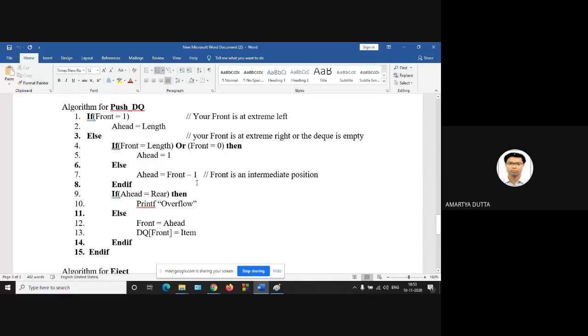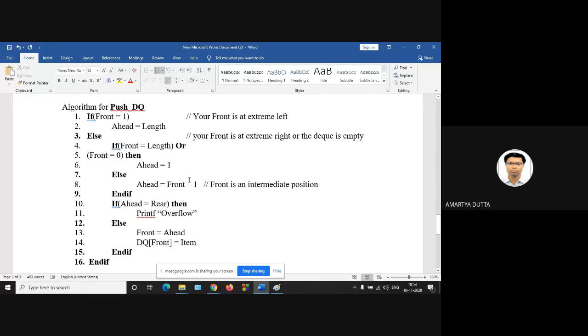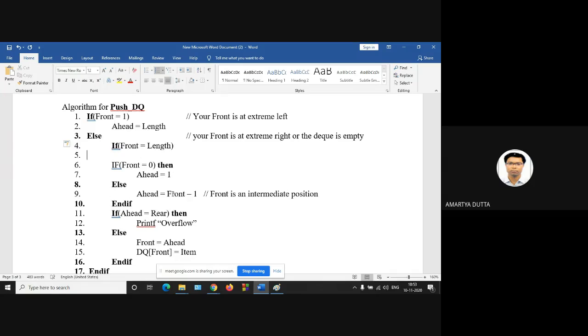Okay, you can write: if front is equal to length, then ahead equals to length minus 1. Else